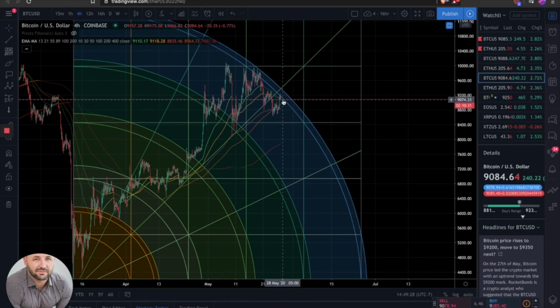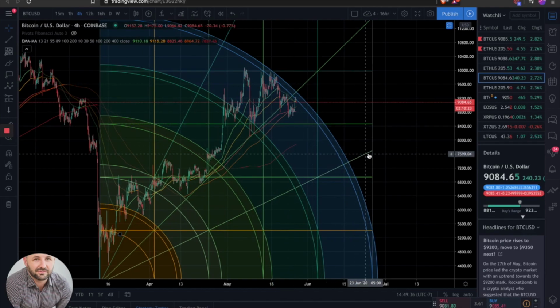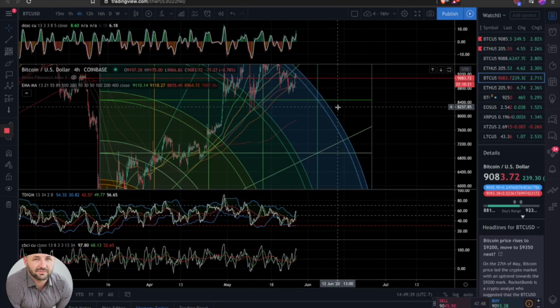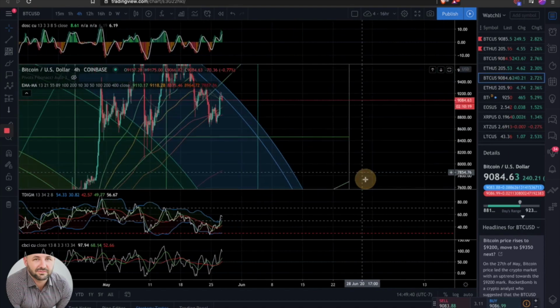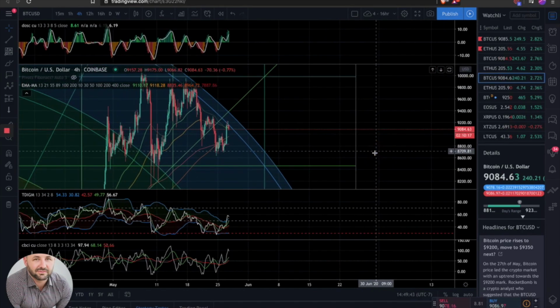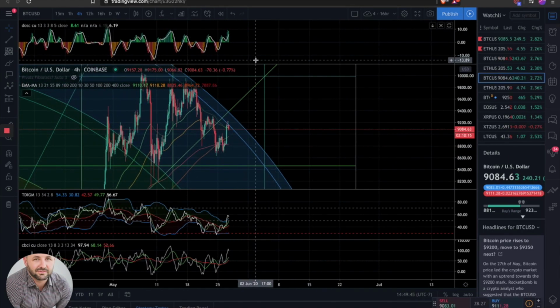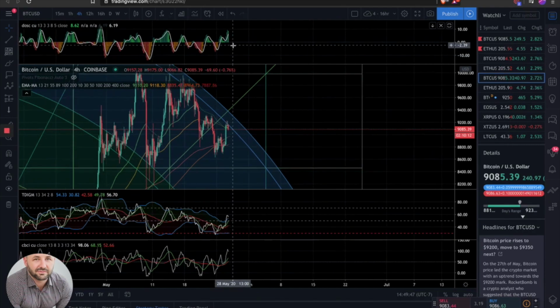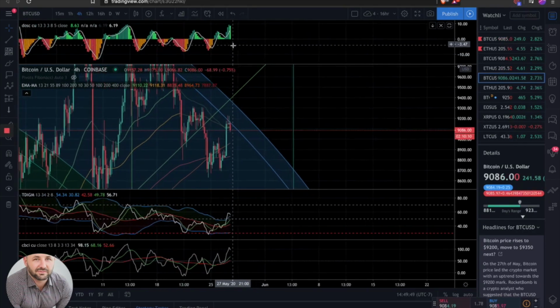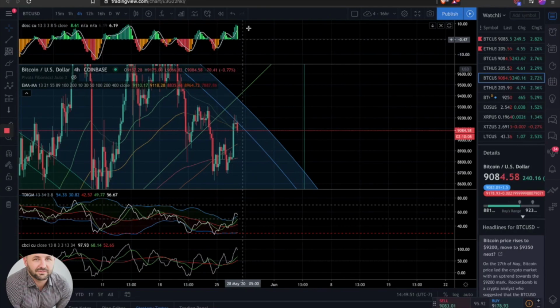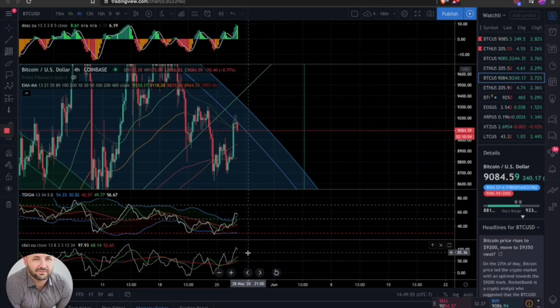But if we get some rejection here, the next biggest area for support is going to be roughly around 8,500 on this particular box, but that gives a little bit better clarity on some of the oscillators that I'm looking for. The derivative oscillator, pretty strong from that last move. This last candle is obviously losing a little bit of strength. We did break the volume band, and